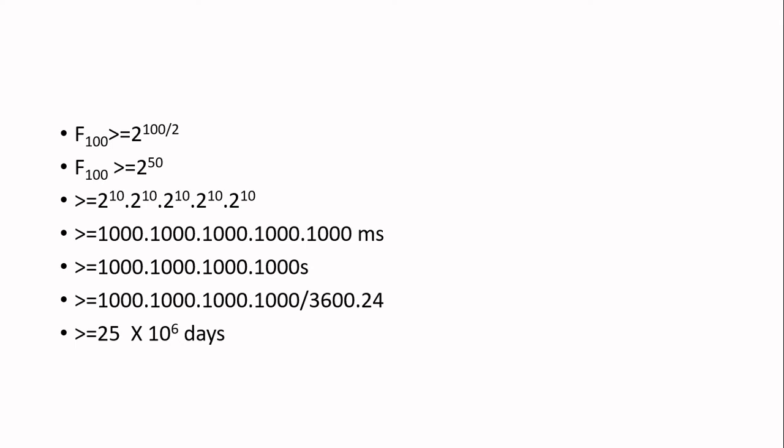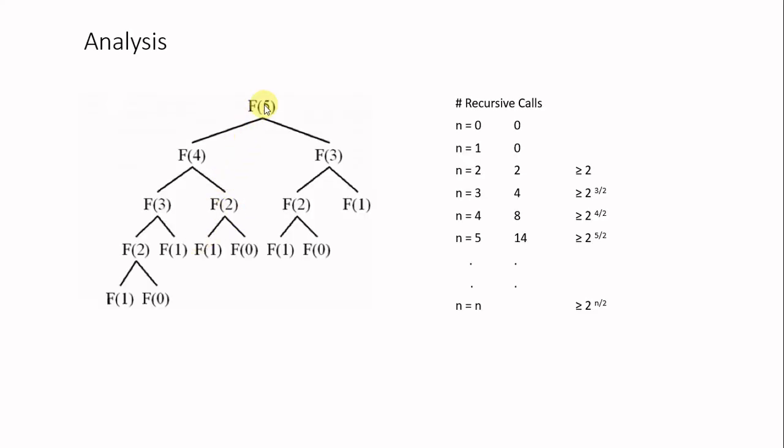So what went wrong here? What is the main problem here? When you take this algorithm, we know that when we compute F5, it calls F4 and F3. When you call F4, it again computes F3 and F2. So the same value will be computed multiple times. Here you have F4, which is your subproblem that depends on other subproblems F3 and F2. And here you have one more subproblem, that is F3, and F3 computes F2 and F1.